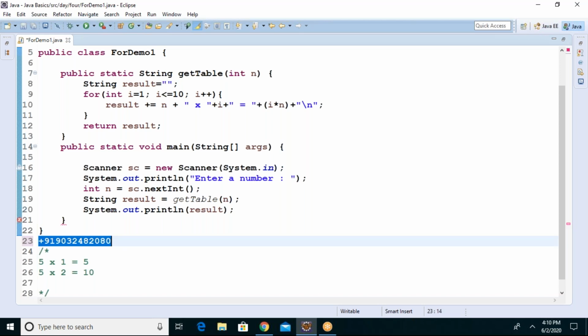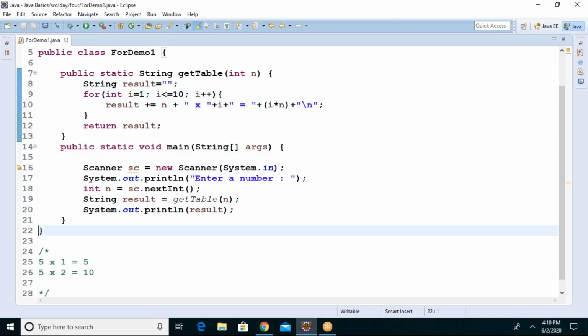Send me a message on this number. Noted all? Yes, sir. Yes. 9032482080.